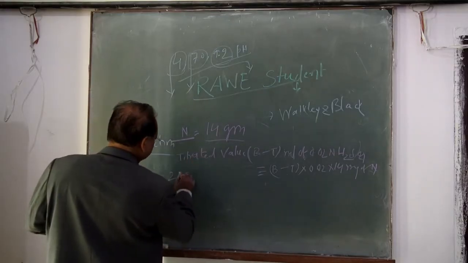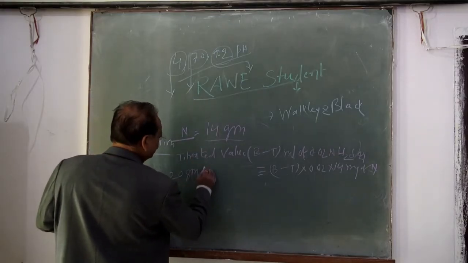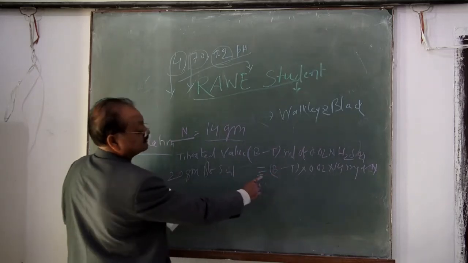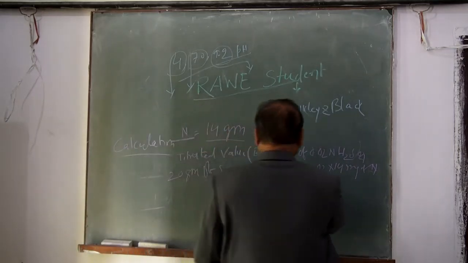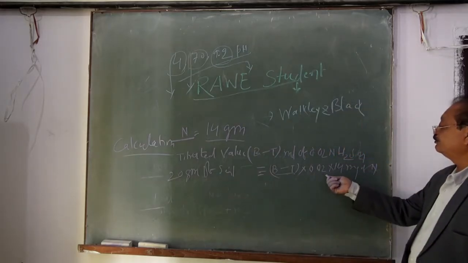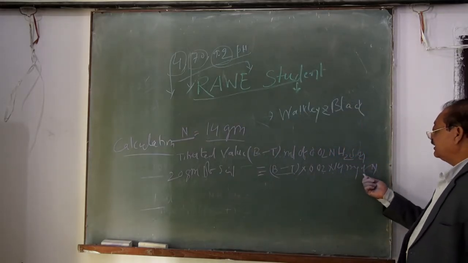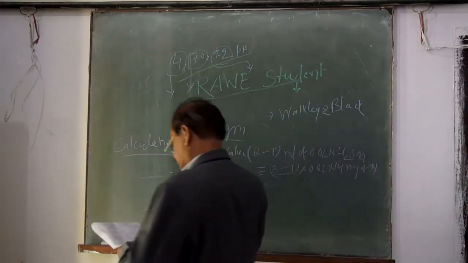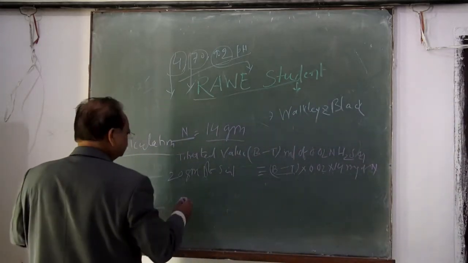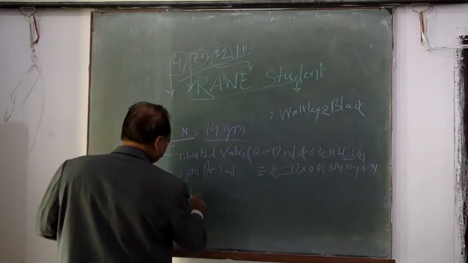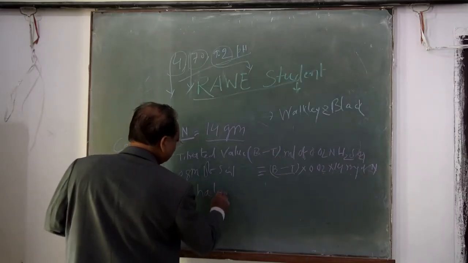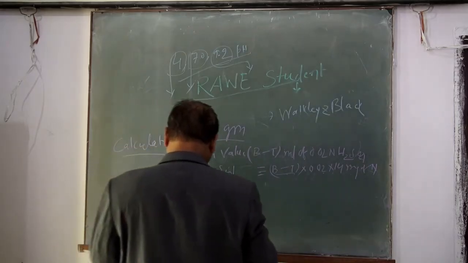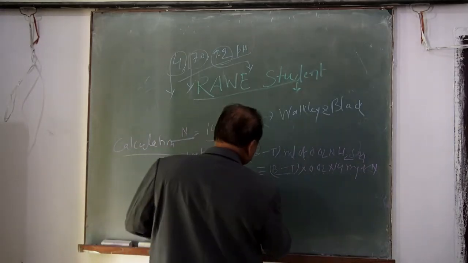So 20 gram of soil contains this much amount, B minus T, the titrated value, into 0.02 into 14 milligram of nitrogen. So if you have to calculate for 1 hectare of land, it will come